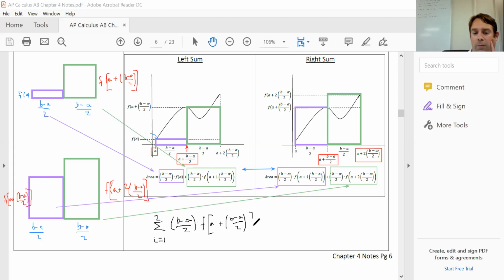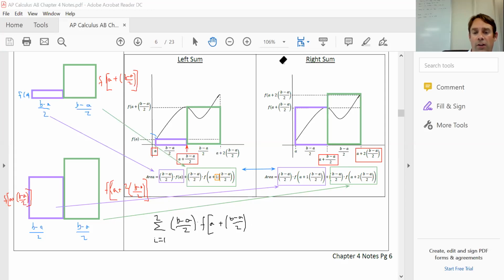Now, the thing to remember here for the index, when we're trying to write this, is how many b minus a's over 2's altogether? On the second one, notice we have 1 b minus a over 2. But on this one right here, notice there's no b minus a over 2's. There's none. So there are 0 b minus a's over 2. I'm going to erase that because technically we don't really want that there. There are 0 b minus a over 2's. So